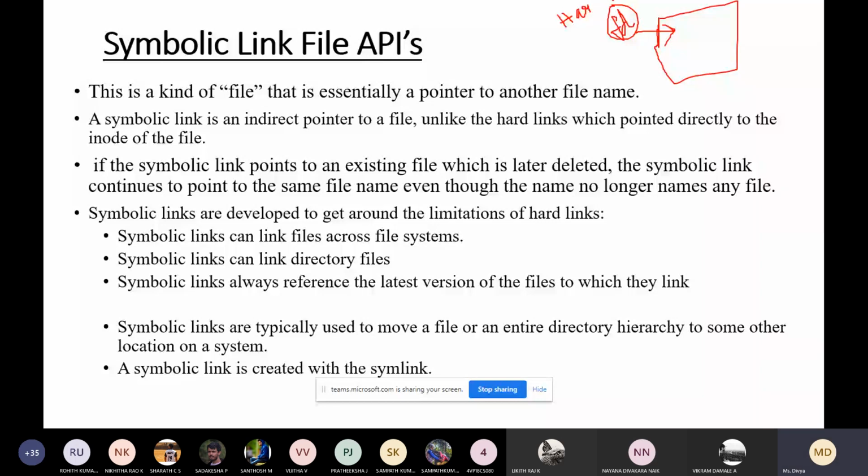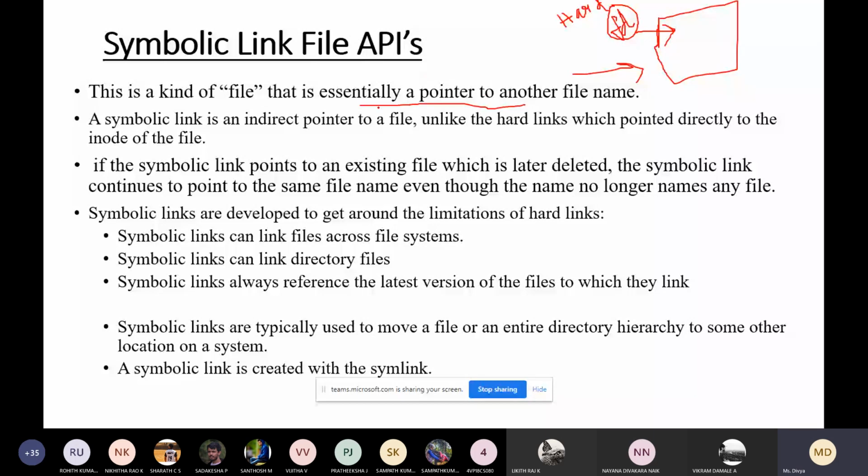If you create one more pointer for the same file, an indirect pointer to another file, that is called a symbolic link pointer.